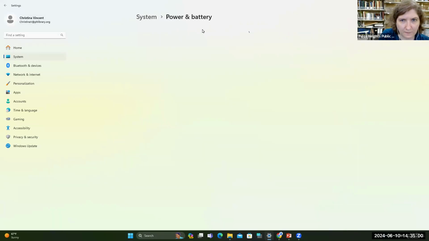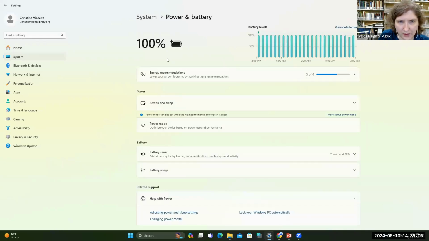Power and battery. This will let you know about battery life and how much charge you have right now. There you go. You can even choose when battery saver mode turns on and which power mode. See this one. You can even set the power mode. Right now I do not have access to it since this is a work computer.